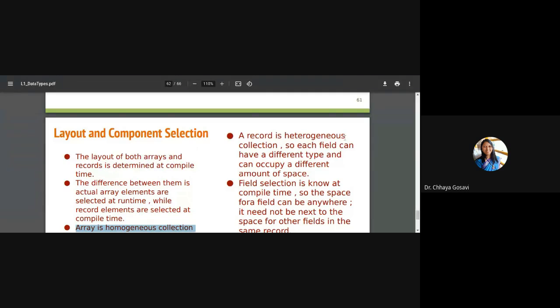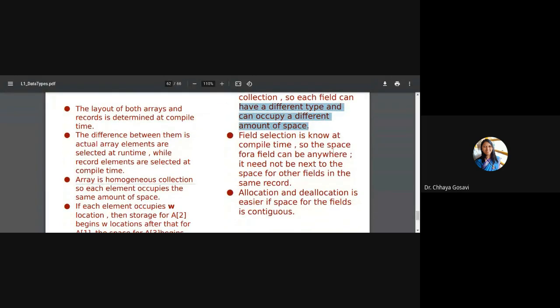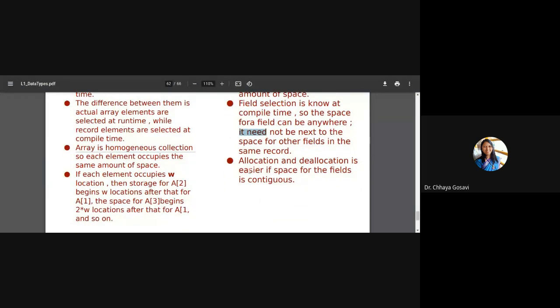A record is a heterogeneous collection, so each field can have a different type and occupy a different amount of space. Field selection is known at compile time, so the space for a field can be anywhere. It need not be next to the space for other fields in the same record. Allocation and deallocation is easier if the space of the field is contiguous.